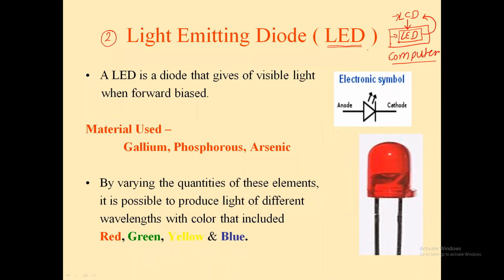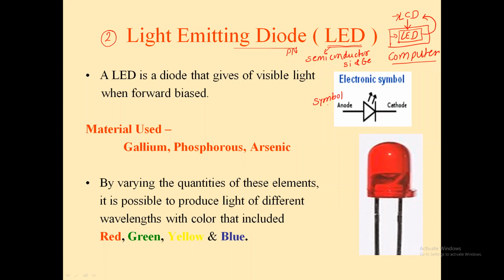So now you know that if you operate that LED, when you switch it on, it will give visible light. But let me clarify that this LED is also a p-n junction diode. It is also made with semiconductor material. But the difference is that along with silicon and germanium, a few more materials are used so that when the LED is operated, it gives visible light, and this is the symbol of the LED.